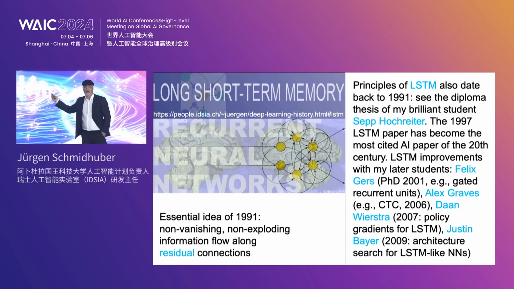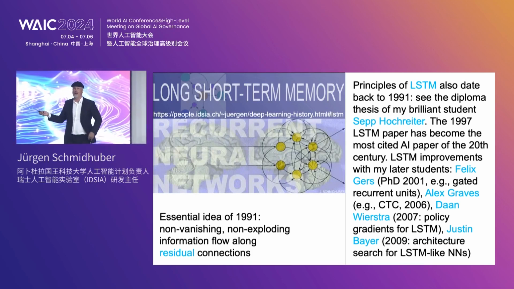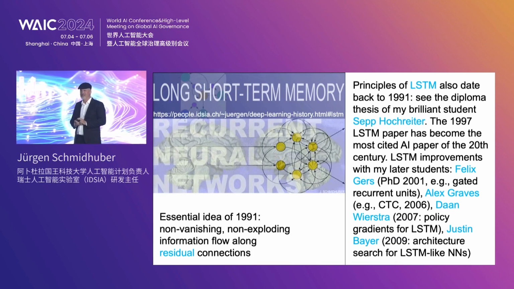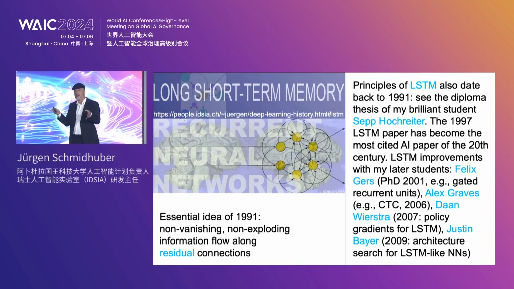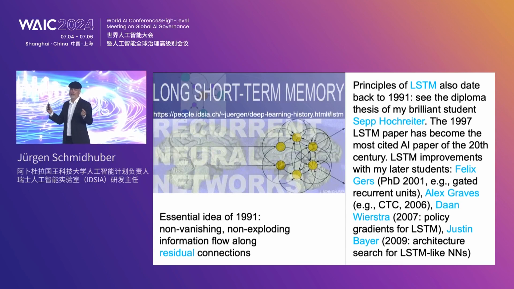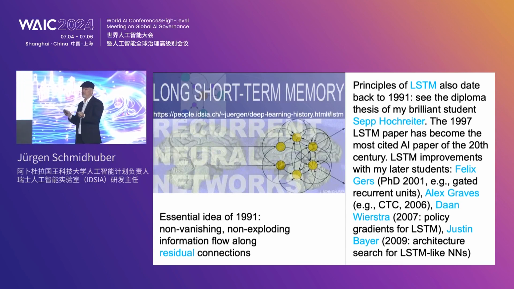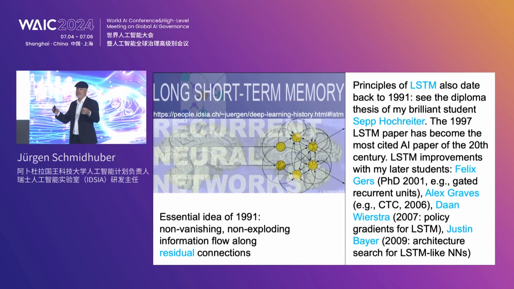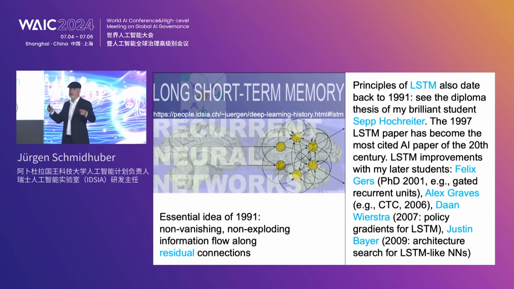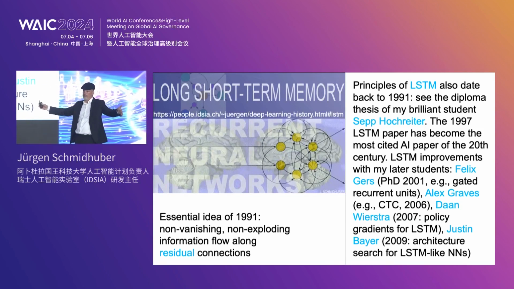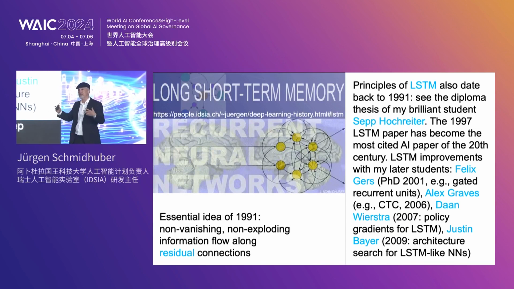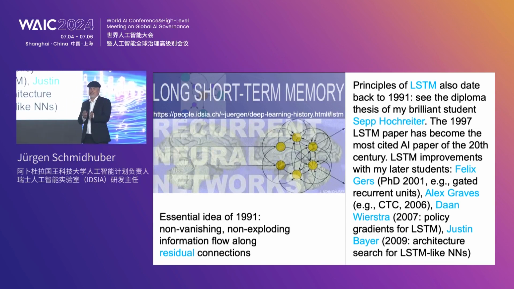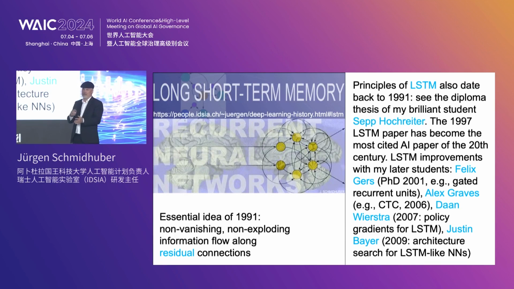And back then, the long short-term memory, which was also mentioned, also had its roots there. Because there you had to look at the diploma thesis of my brilliant student, Sepp Hochreiter, which already contained the basic principle of the LSTM, which is the residual connections. Residual connections are the thing that make these LSTM recurrent networks really deep. And deep learning is all about depth. Yeah? So there was a time when deep learning didn't work. We had only shallow networks. And then the first recurrent networks that were really deep were the LSTM networks. Why? Because they had these residual connections.